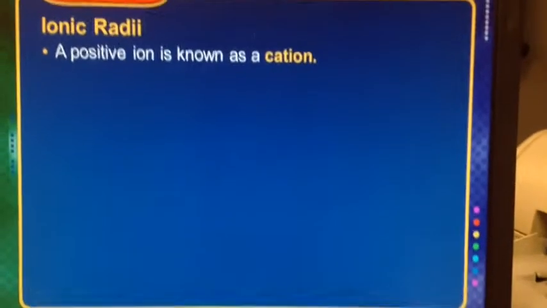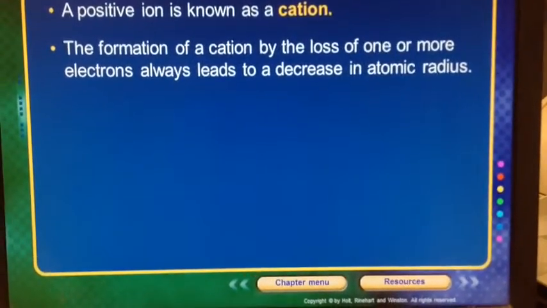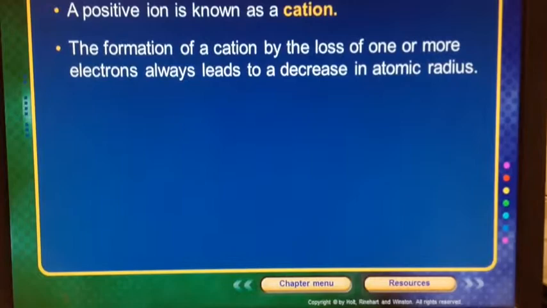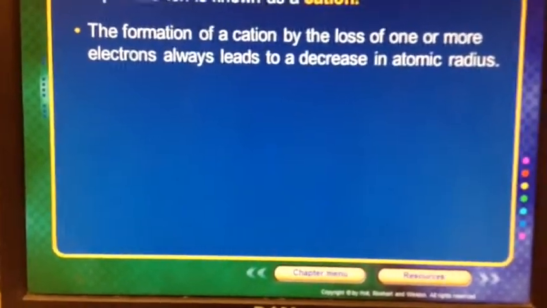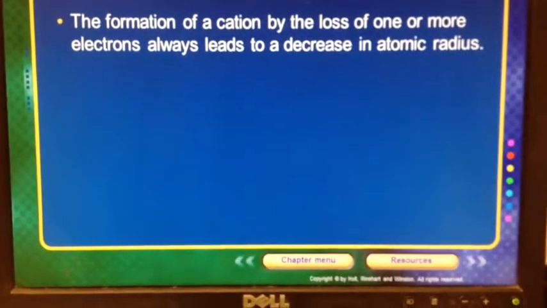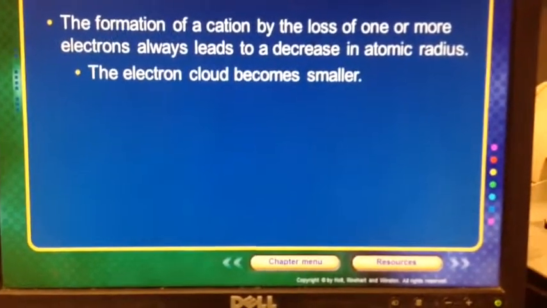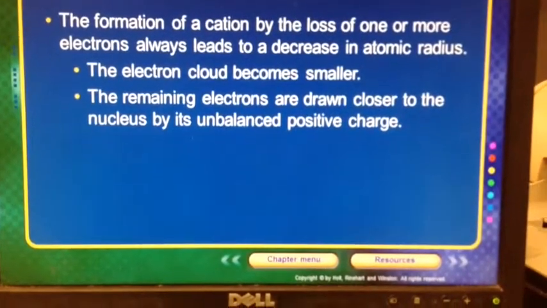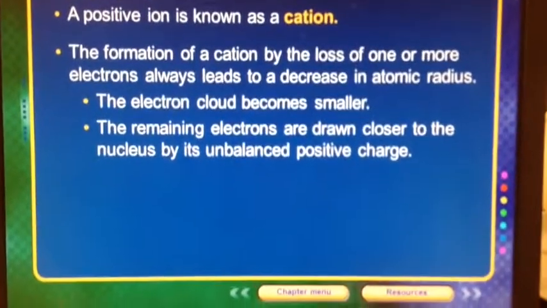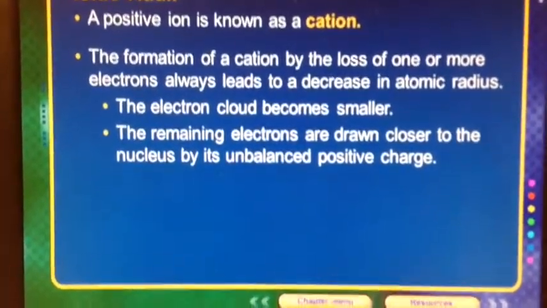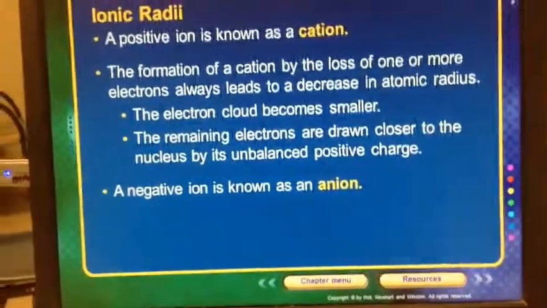Ionic radii. A positive ion, we said, was called a cation. The formation of a cation by the loss of one or more electrons always leads to a decrease in the atomic radius. And that makes sense because the electron has been removed, allowing the radius to be smaller. The electron cloud, like we said, becomes smaller. The remaining electrons are drawn closer to the nucleus by an unbalanced positive charge because they haven't lost the protons in the center, only an electron or two in the